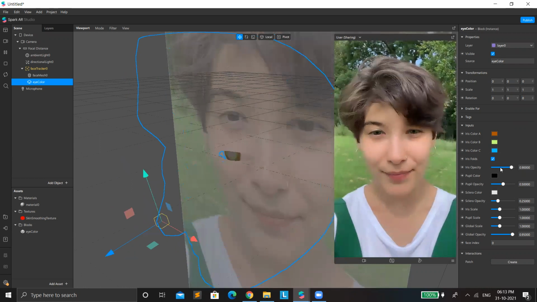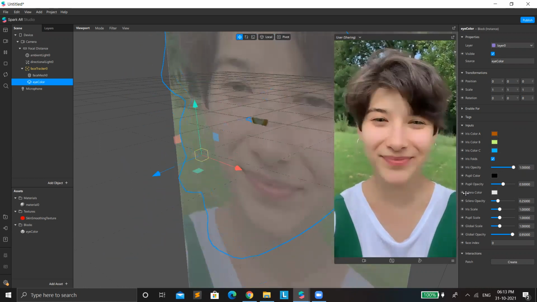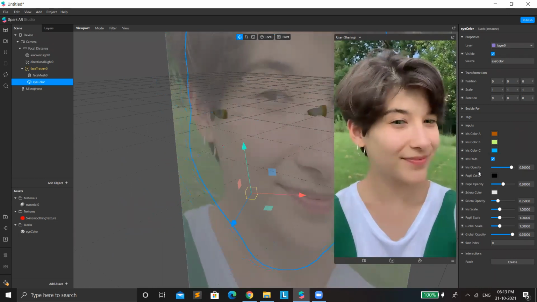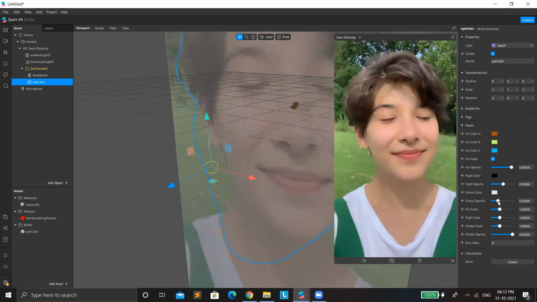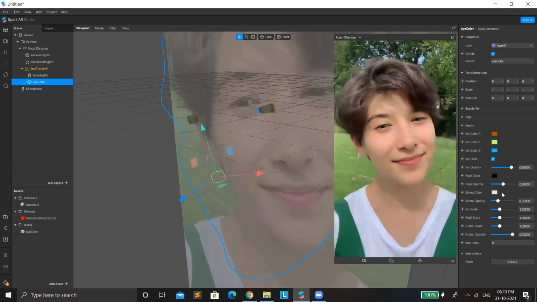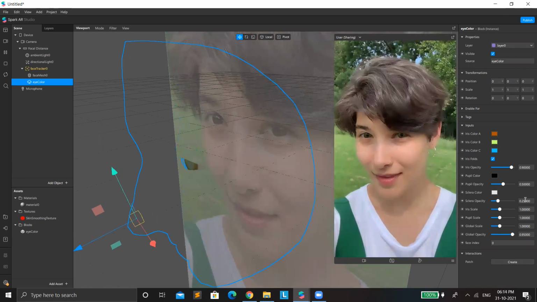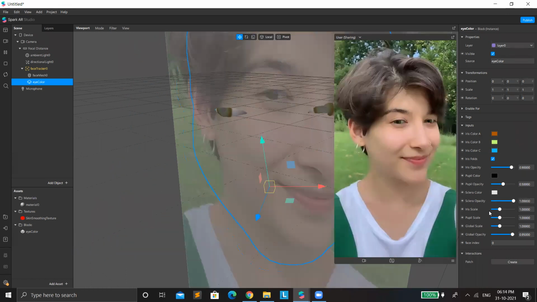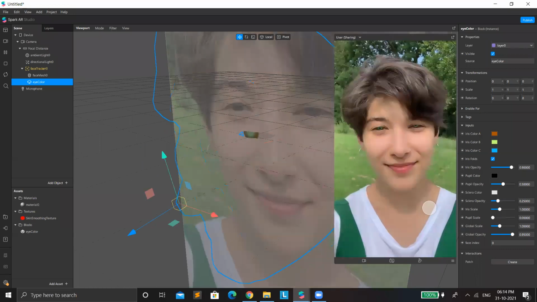Yeah, you can even increase or decrease the iris opacity. So if you're creating some ghost effect, you could increase either the iris or pupil, whatever you want. You can increase or decrease it and play over it. Like if you want to increase the scaling,